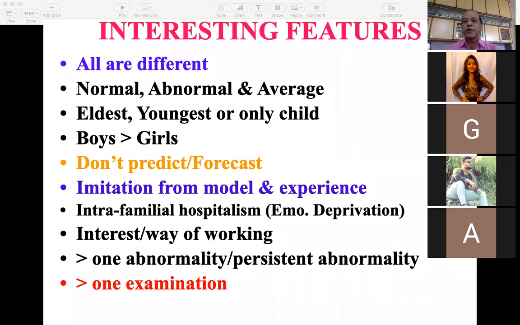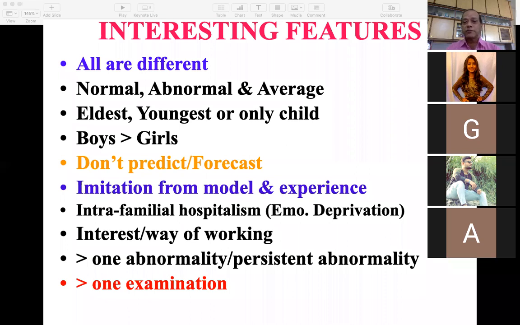We should stimulate the child to achieve his optimal potential, but do not predict that he is going to become a doctor. Suppose he does not get admission in medical college, then all the negative impact will start. Now a child learns from imitation, from models and experience. So we should be a good role model, and he should get good experience, so that he has optimal growth and development. Whatever he sees, he will learn. So whatever you do in front of a child, he is going to learn. That is the environmental factor, which we said has a 20 to 40% effect on growth and development.